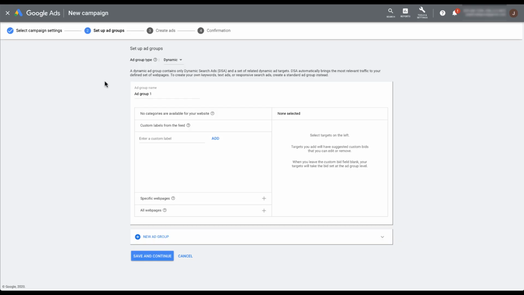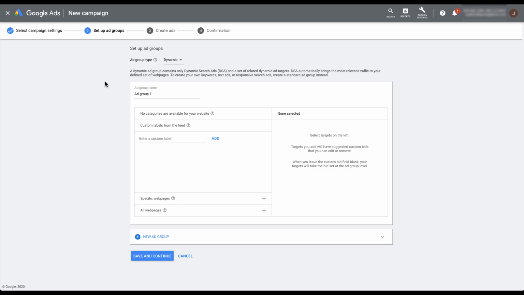And now we're into ad group targeting. And with DSA campaigns, all of the specific targets that you're going to use, whether it's based on Google's index or your page feeds, are going to live at the ad group level in the exact same way that your keywords live at the ad group level in a regular search ads campaign. So what we're doing now is we're going to choose how we want to determine which pages are going to be used for this specific ad group. And there are 4 main ways that you can do